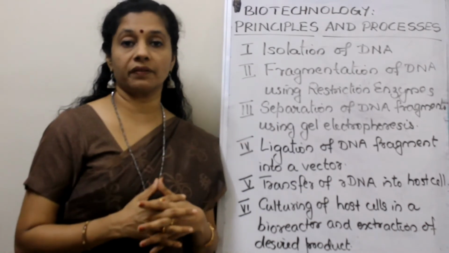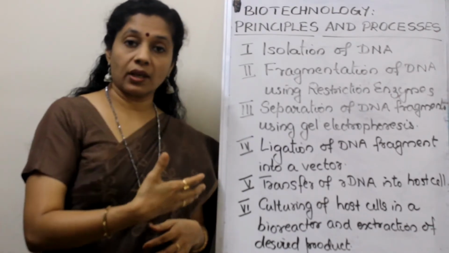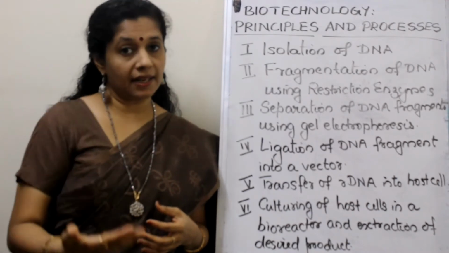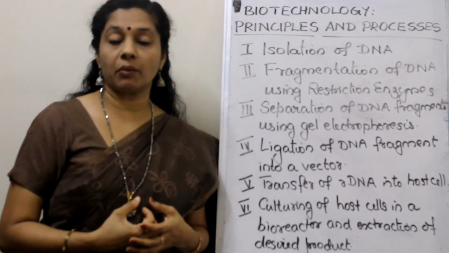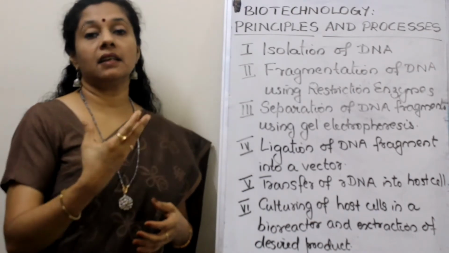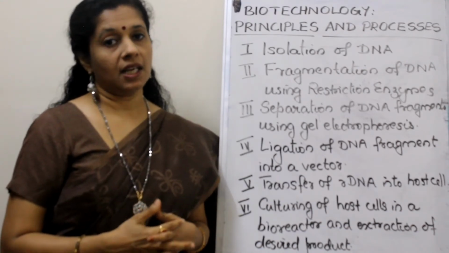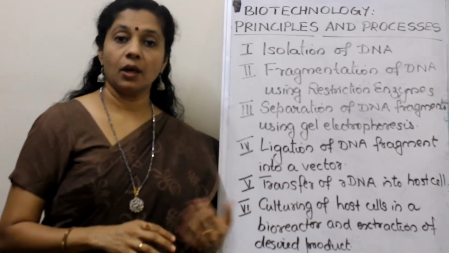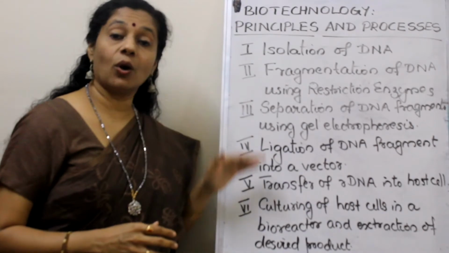There are huge vessels of thousands of liters capacity where we culture these microorganisms. These organisms have the desired gene in them and they multiply. When they multiply, the desired gene will also multiply and the desired product also will be produced, and at the end we can extract the product in the raw form. Then we isolate it, purify it, and modify it according to our need, and that process is called downstream processing. Once we complete these steps, rDNA technology is complete. For this, we need different tools. Those tools used in rDNA technology, we will discuss along with these steps.